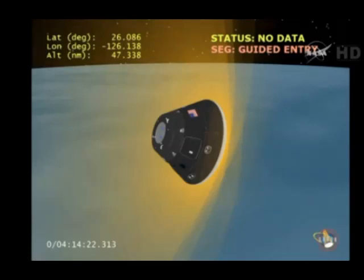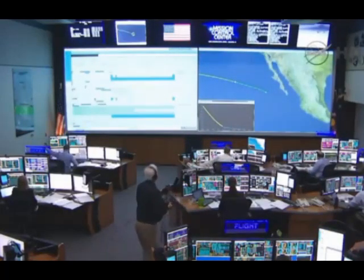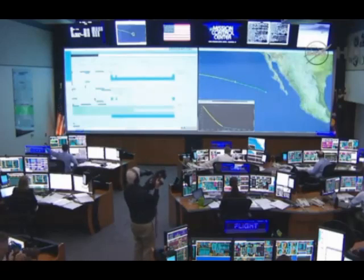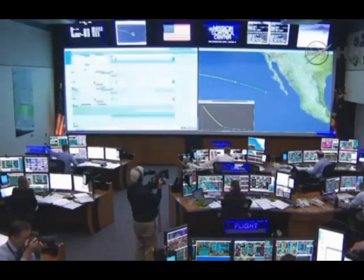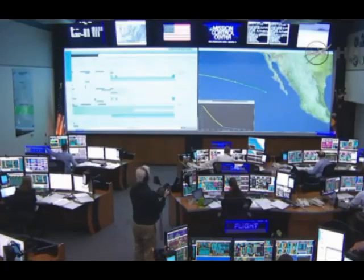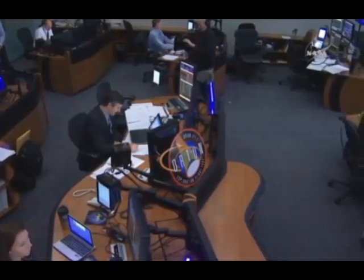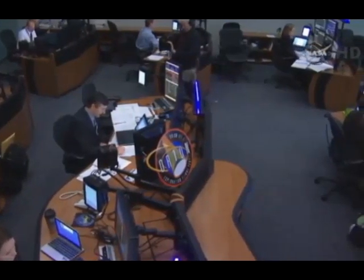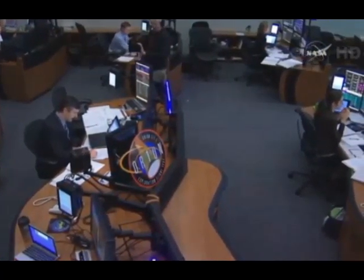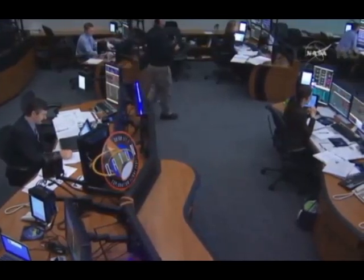And as expected, we have reached a loss of telemetry as we enter this brief blackout period. At the time of the blackout, the flight dynamics officer reported that all of Orion's systems looked perfect. This is the point in time where Orion would be experiencing its peak heating of some 4,000 degrees Fahrenheit as it barrels through the Earth's atmosphere,